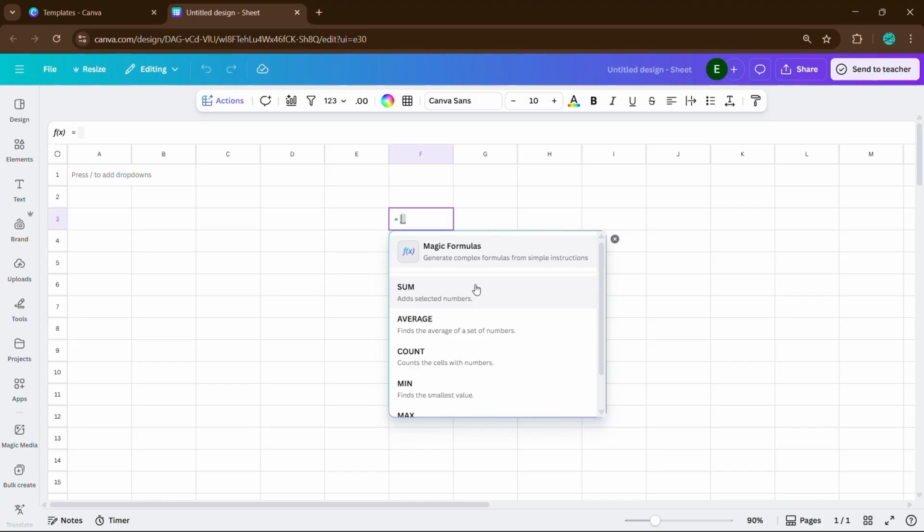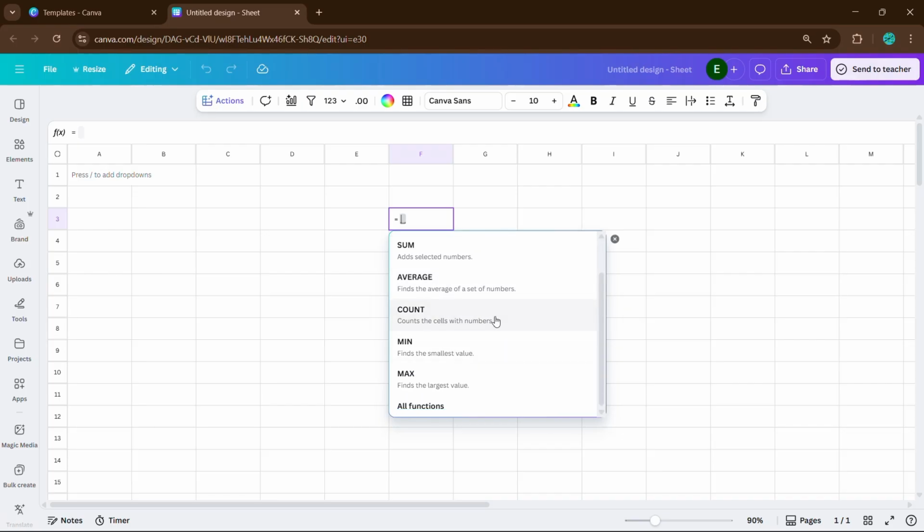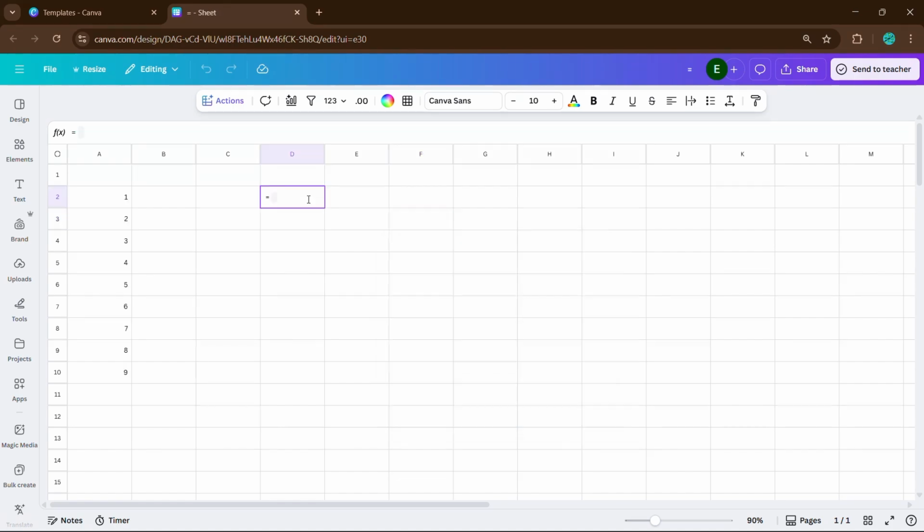Sum, which adds up a range of numbers, average, which calculates the average of a range of numbers, count, which counts the number of cells with values in a range, min, which finds the smallest value in a range, and max, which finds the largest value in a range. So simply select the formula you want to use, then your range, and enclose that with a closing parenthesis, then